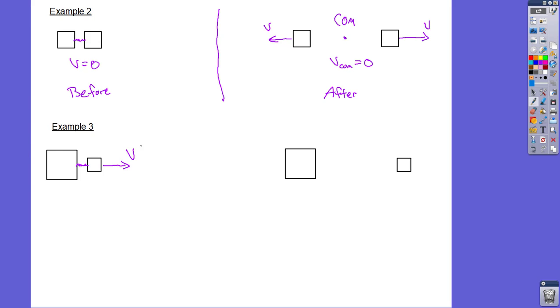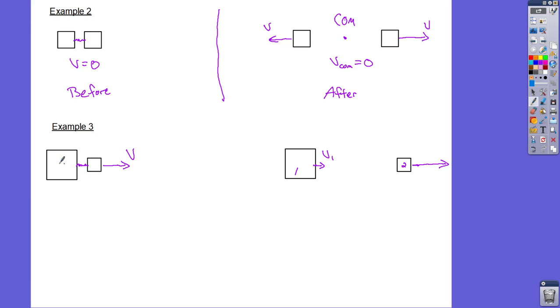Okay, and then they are moving along here, and then at some point the trigger was pushed, and so now we have V1 and V2 for objects 1 and 2. Okay, so if we look at this,